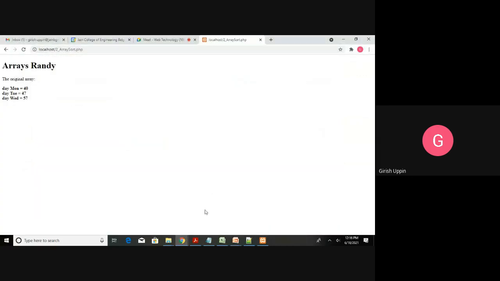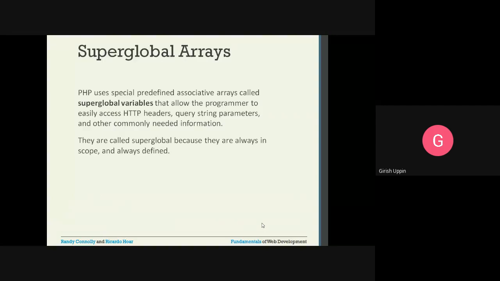Next we will see what the super globals are. We have super global arrays called $_GET and $_POST. As you can understand, they are related to the GET and POST HTTP requests.